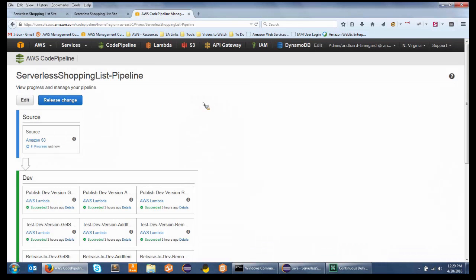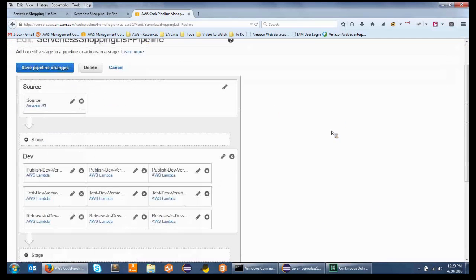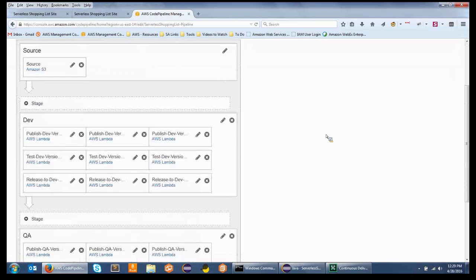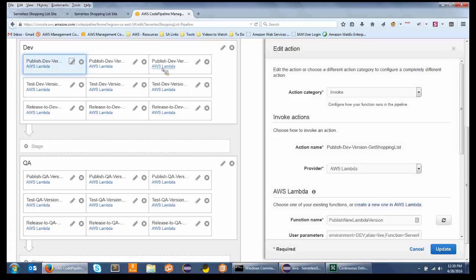So while it's off and running, I'm going to go to the edit screen and dive into what each of these stages and actions looks like in more detail. So I have two stages of my application that represent the two front ends, dev and QA, and inside each of these, the actions are all invoking Lambda functions. Every one of the actions that you see here is tied to a specific function that it's invoking at each step. So the first thing we'll do for this particular get shopping list change is invoke a Lambda